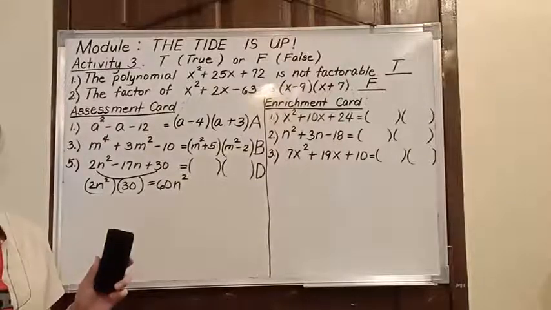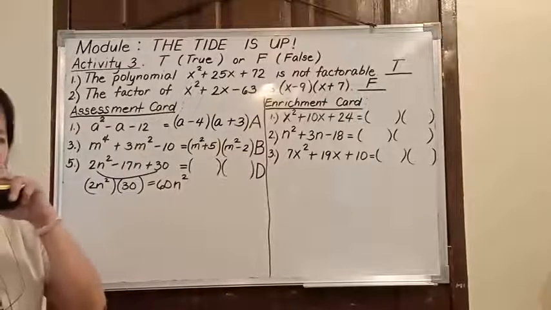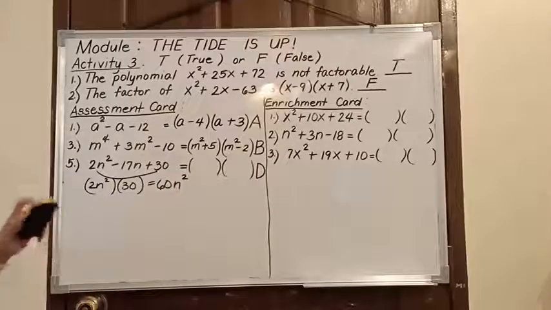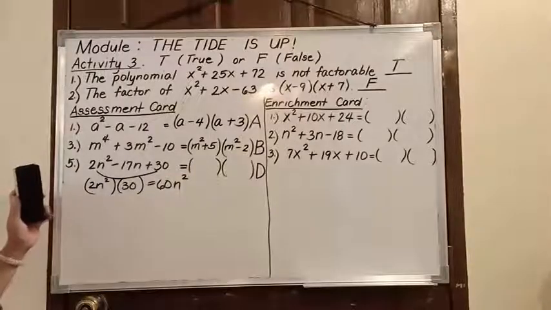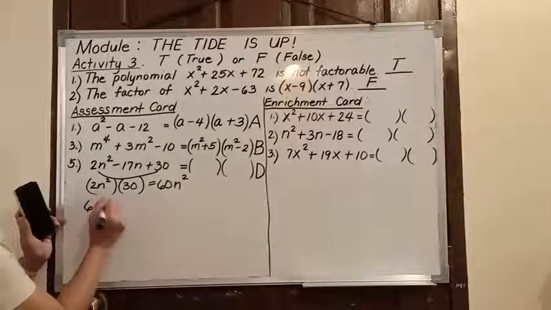14 and 3. What is 14 times 3? Or 12 and 5. What is 12 plus 5? Okay. 12 and 5. 12 times 5 is 60. So, factors of 60 and squared,